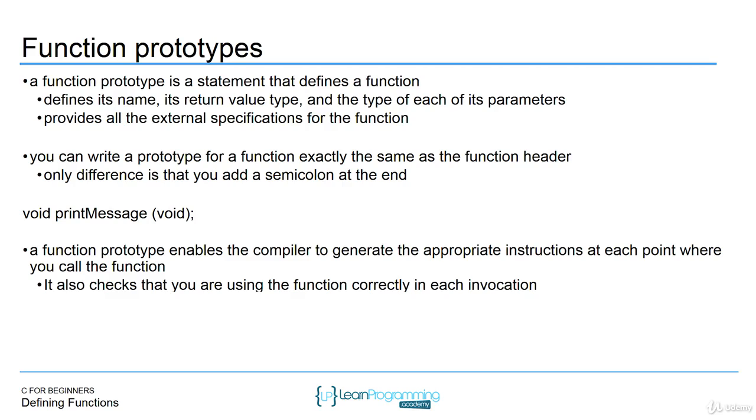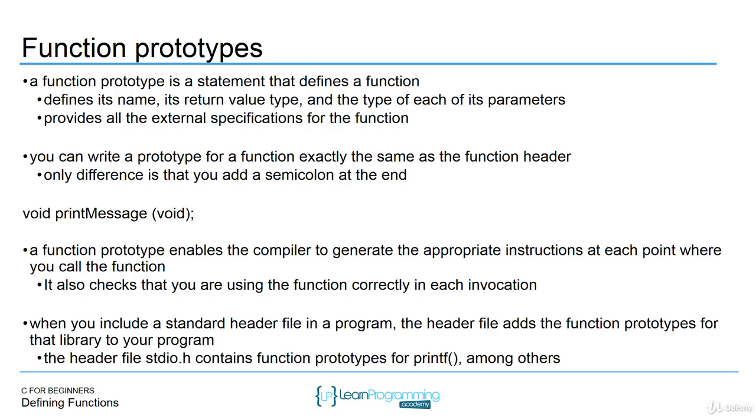The reason that you provide function headers is so that you can invoke the function without a warning or function declaration without it being implemented. So it's really just the order of your code. And I'll give you an example of this in a second. When you include a standard header file in a program, the header file adds the function prototype. Function prototypes usually go in header files if you want to reuse them in many different source files. If you're only using them in a single source file, you can just put them at the top in the